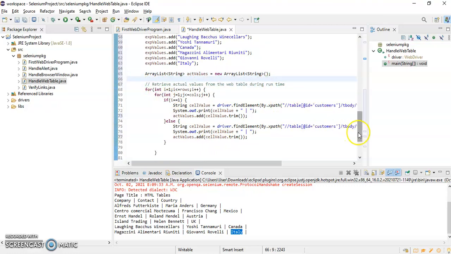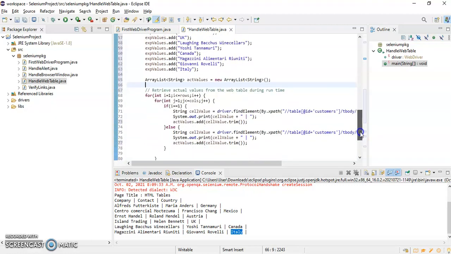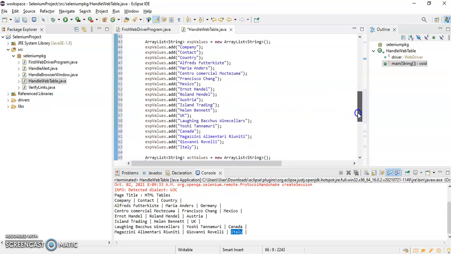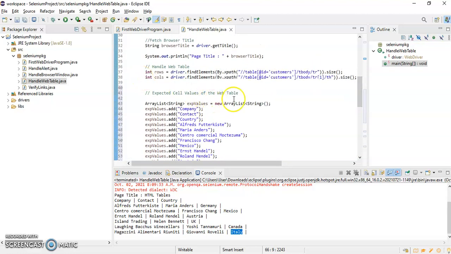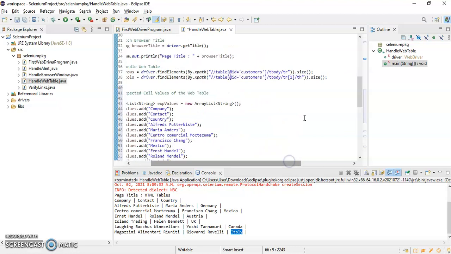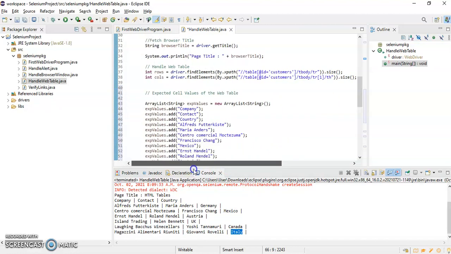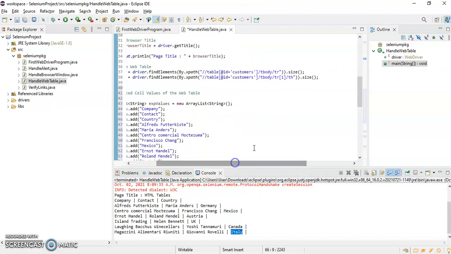Now I have expected values and actual values, and all I have to do is compare. If you see, I have taken rows and columns, and if I have to print how many rows and how many columns there are, that also I can print.